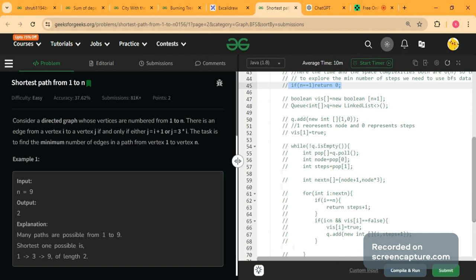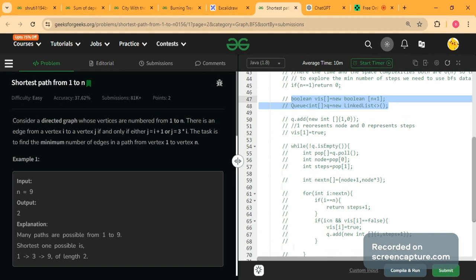Now to execute the BFS code, we have created this boolean visited array and a queue to store the array. The array will consist of the node, that is the number 1, 2, 3 or whatever, and the other part of the array will represent the steps taken, or basically the number of edges.